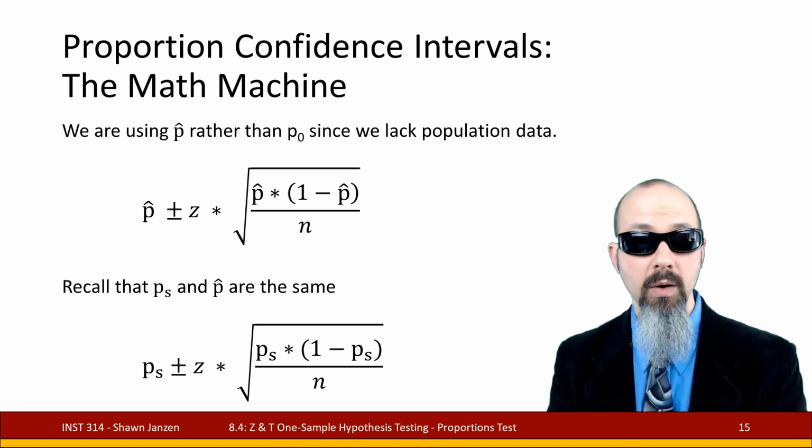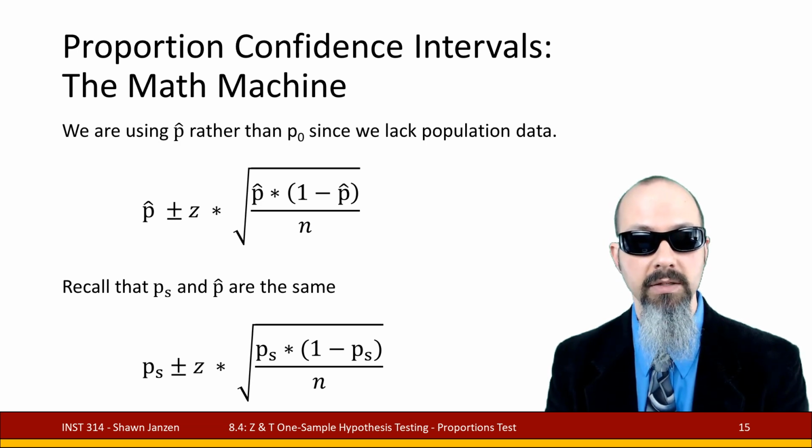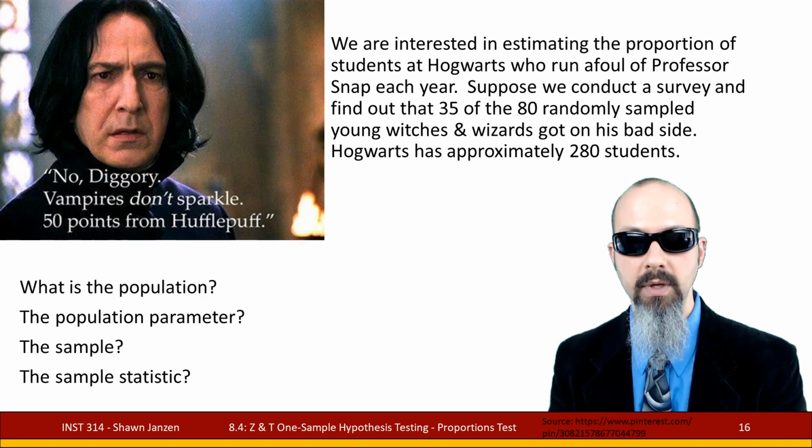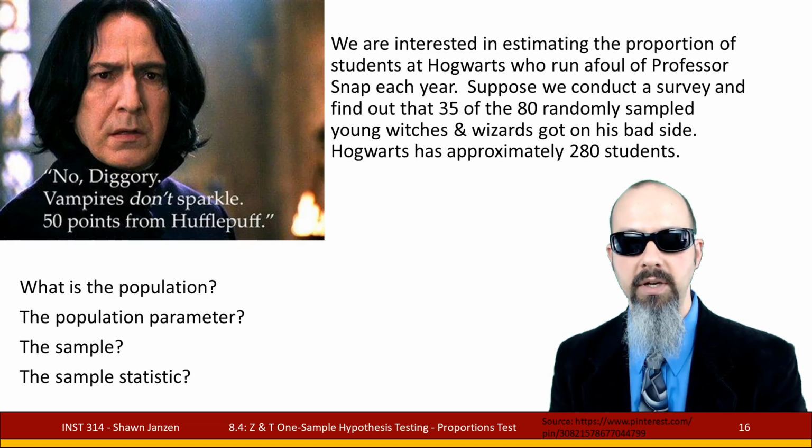Because I know that when you go out into the job market, if you forget some of this, you might look it up on the internet. And on the internet, you're going to see examples for both, where some people use p sub s and some use p hat. They're used interchangeably, and I want you to become familiar with both in case you happen to see them. Now let's go ahead and use another example where we're talking about these proportion confidence intervals,